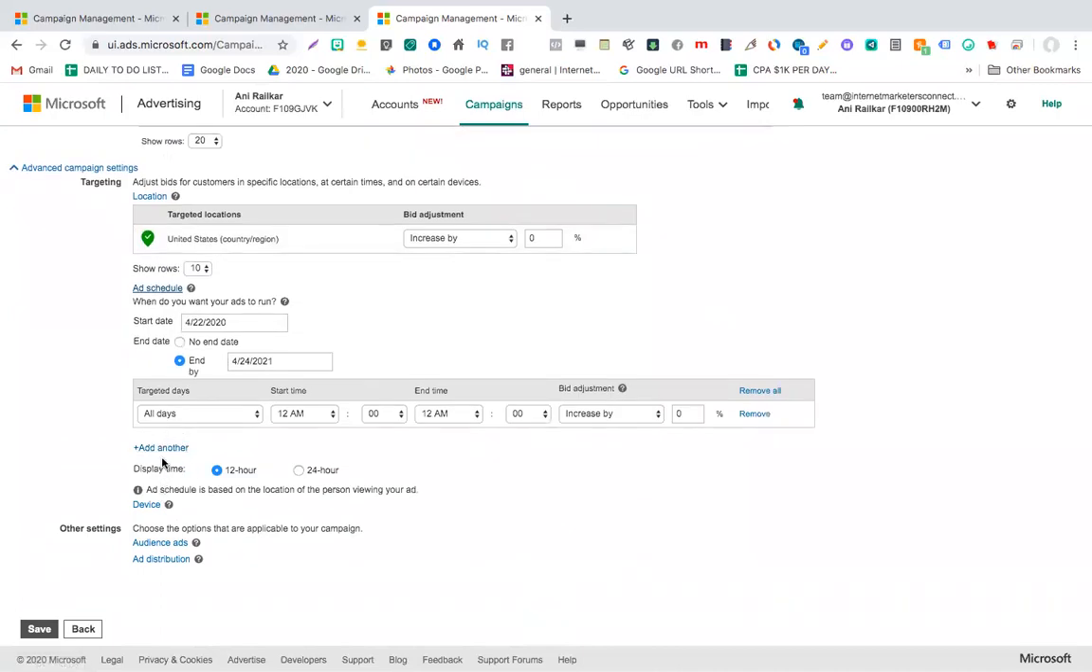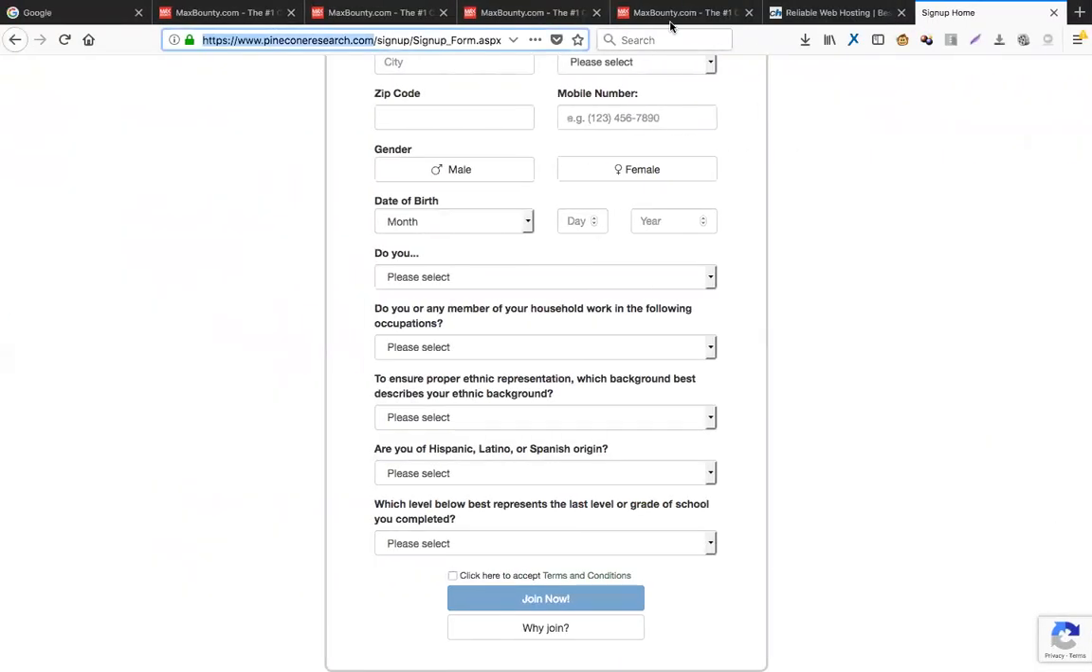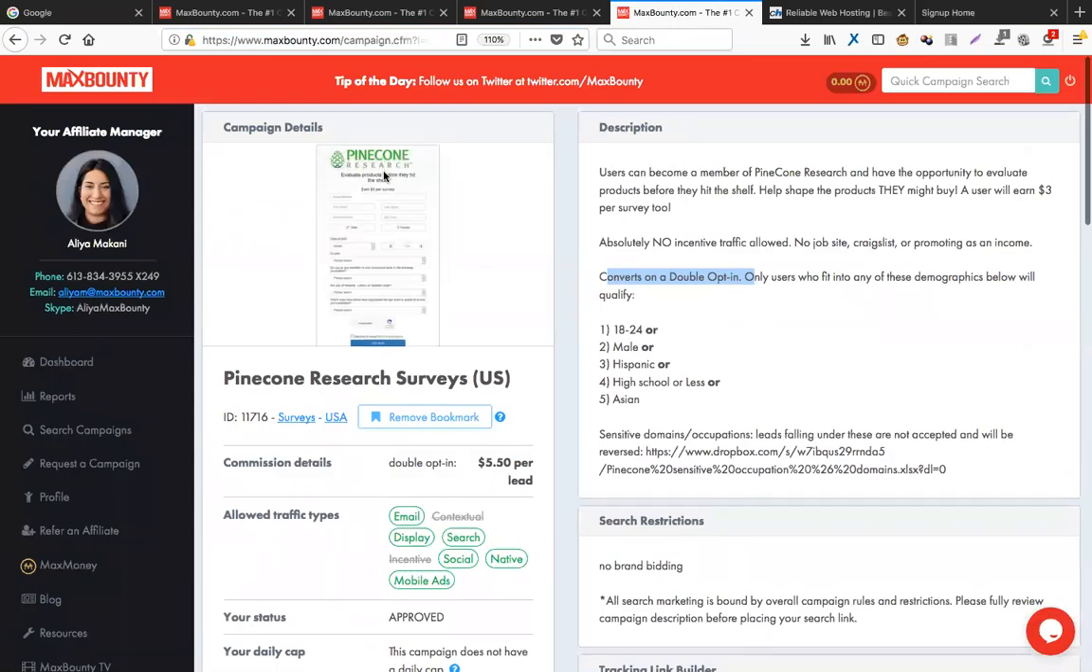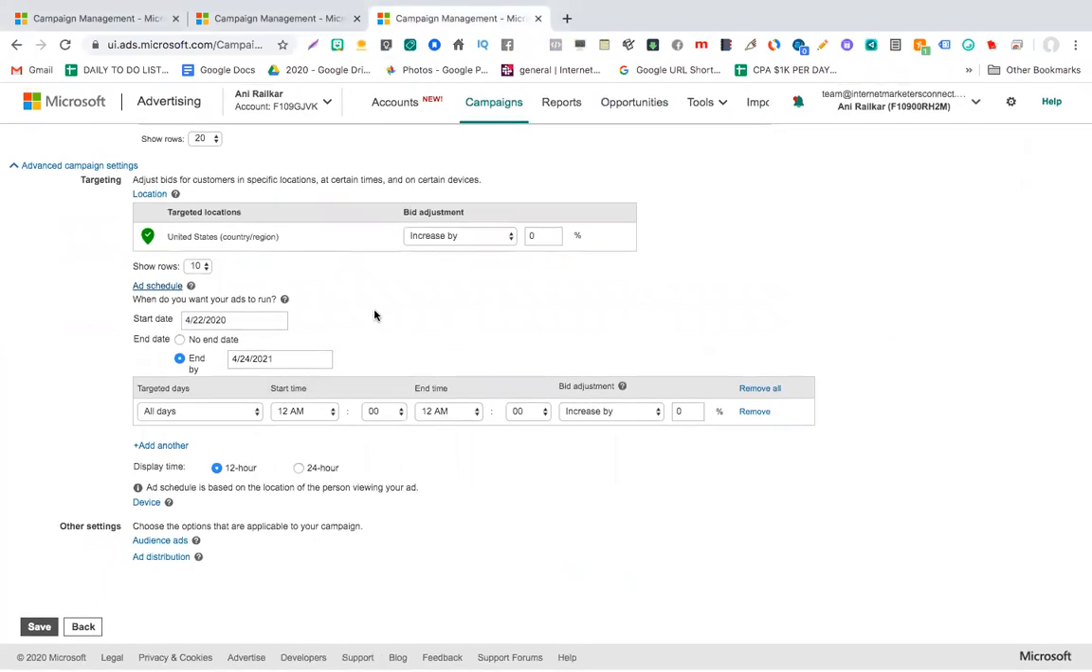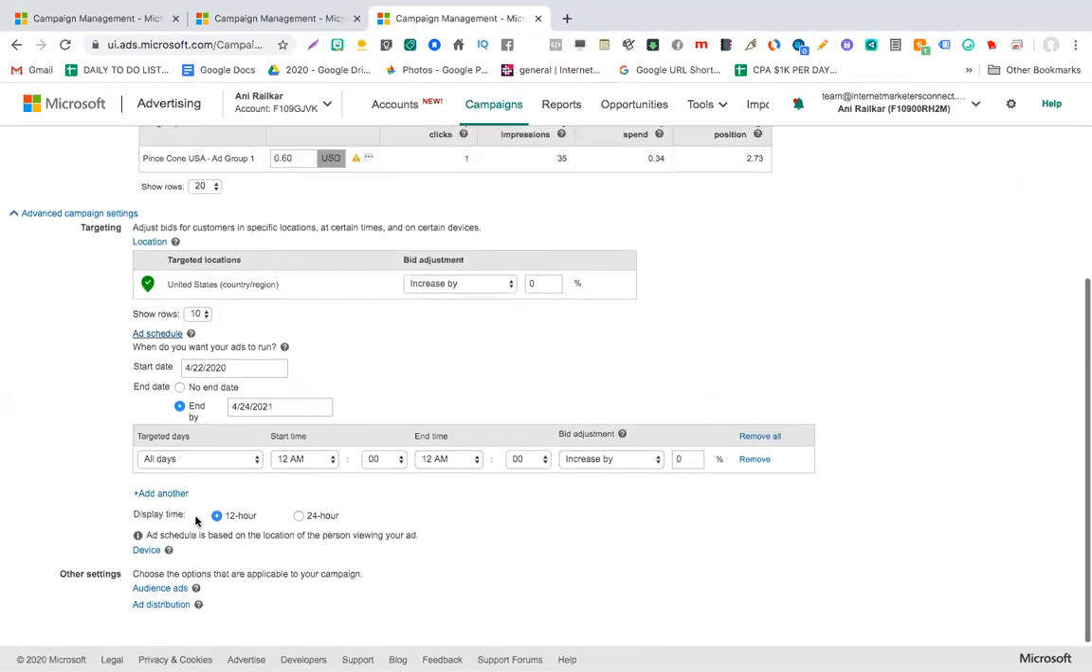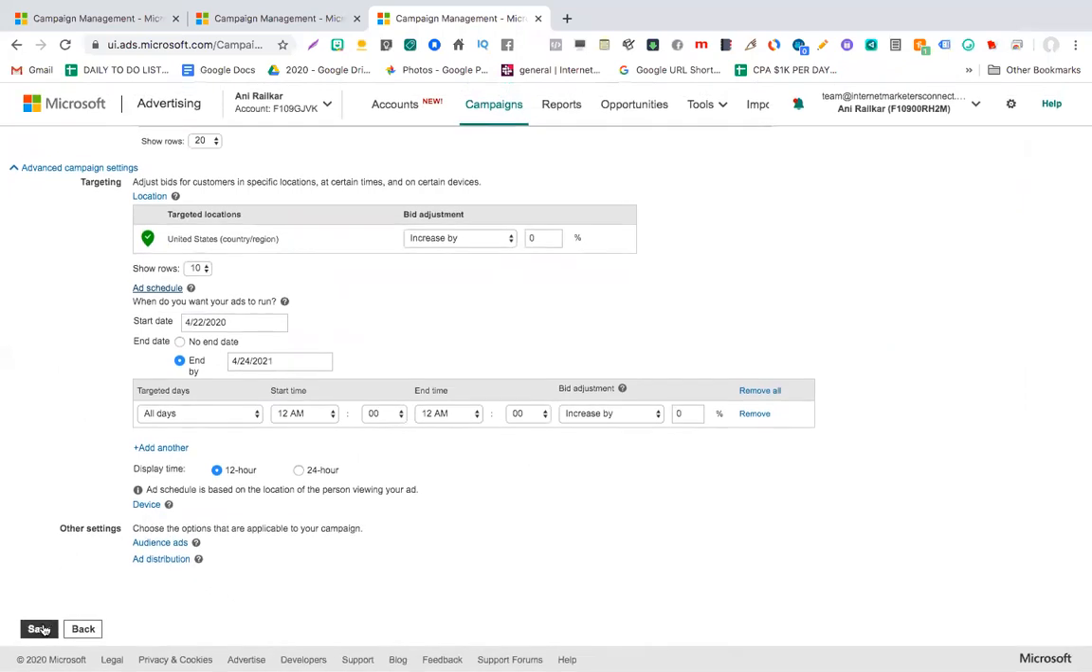and let's check it out if they have any other requirements for this offer for the US: 18 to 24, male, Hispanic, high school or less. So we just need to make sure that demographics falls within 18 to 24, and we only target male. So for that, we are going to just do the changes after we have created the campaign. I'll click save,